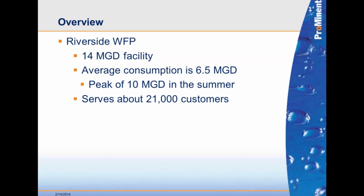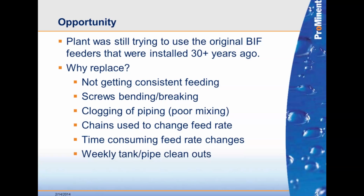was with 3 BIF dry feeders. The BIF feeders that were put in there are very, very common in the Northeast here, in the Midwest. A lot of the plants that use lime softening or lime pH adjustment with hydrated lime have some type of old feeder. The BIF company was